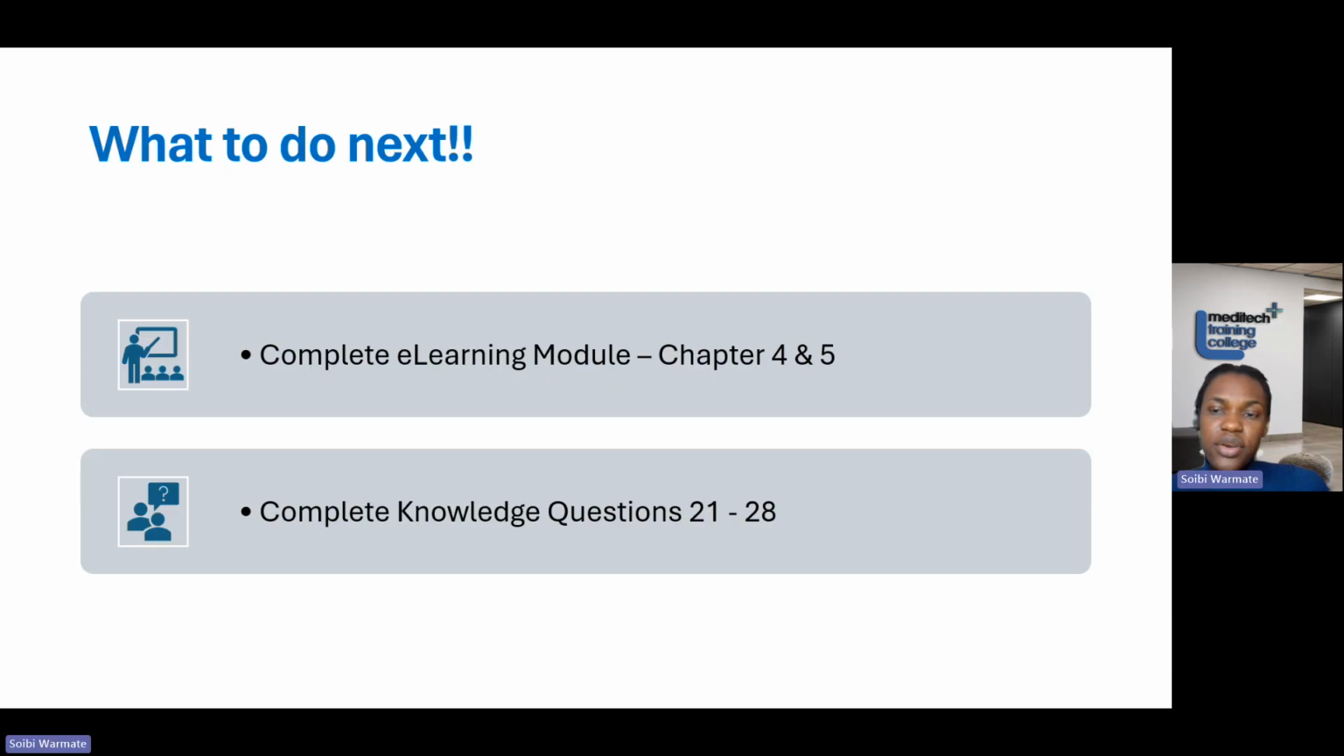What to do next? Before the next class, you are expected to complete the e-learning module, chapters 4 and 5, and also complete the knowledge questions